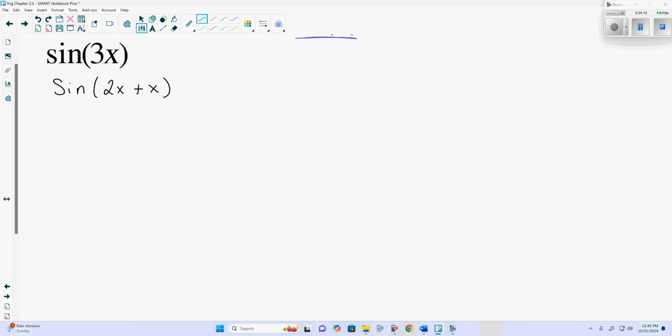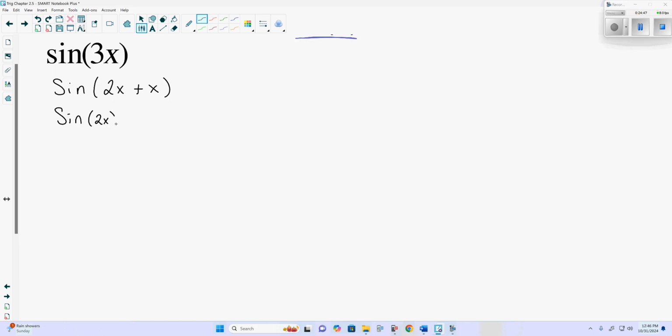we're going to rewrite 3x as 2x plus x, because what we're trying to do is get that number inside there to be just x. We just want sine of x. Doesn't matter if we have more than one of them, we just need sine of x. And unfortunately, if it had been, say, 4x, well, we could do 2 times 2x and work with double angles all the way out. But here, we have a sum,